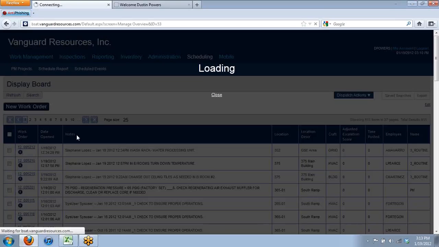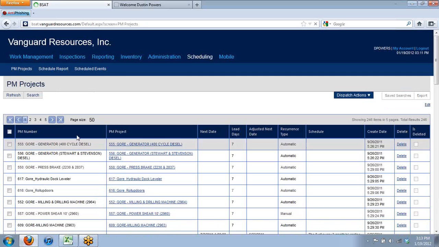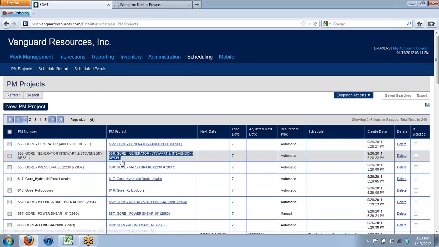So once this comes up, we'll be able to see all the PM projects. You could go in and edit them if you wanted to, just by clicking on the PM project number. But we are going to create a new one from scratch. So if you wanted to edit this GORE generator, you would simply click on it, and it would open up. So we're going to click on New PM Project,